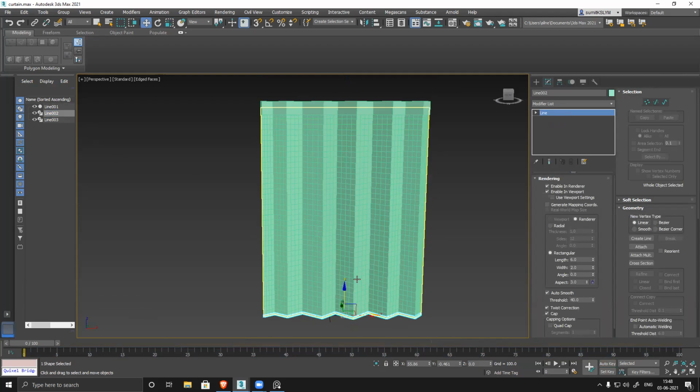And where is the other one? Because of that auto key, it became like this. Place it somewhere in the center, or maybe down.